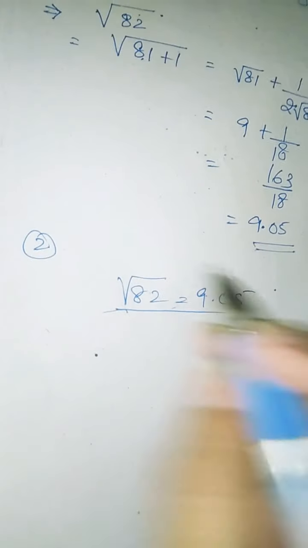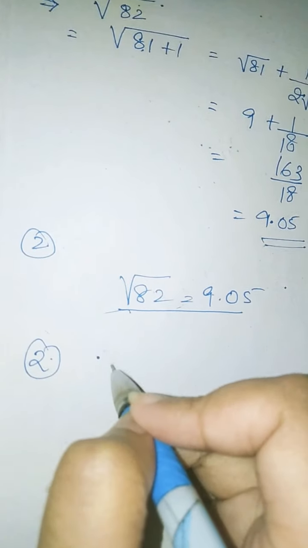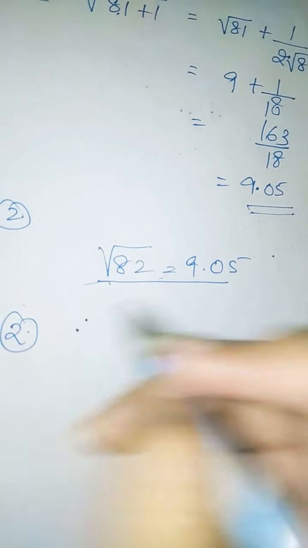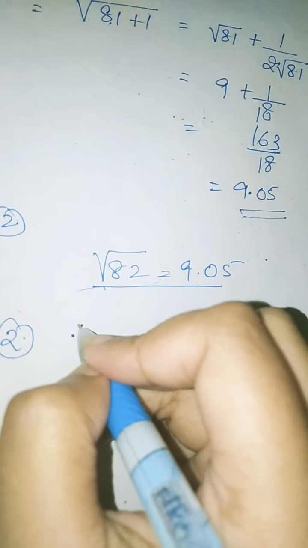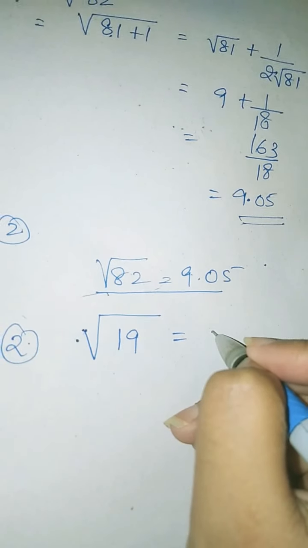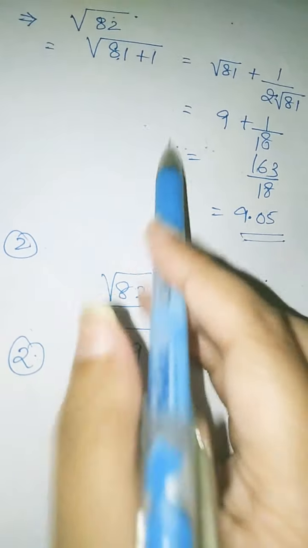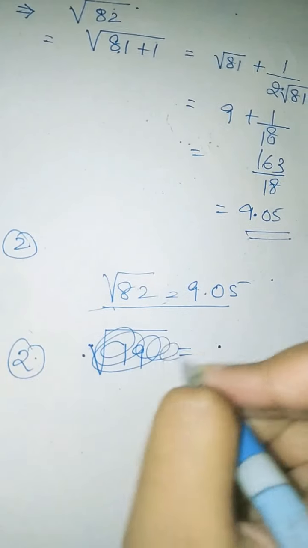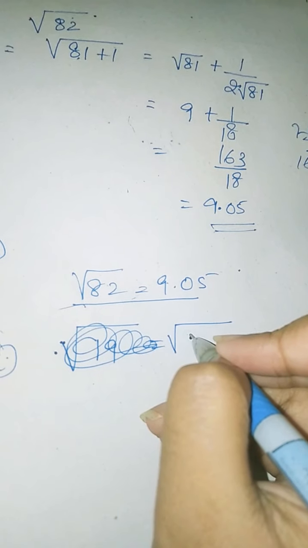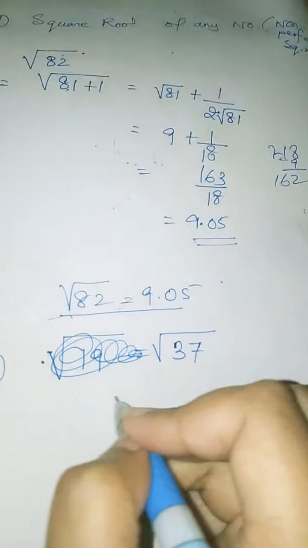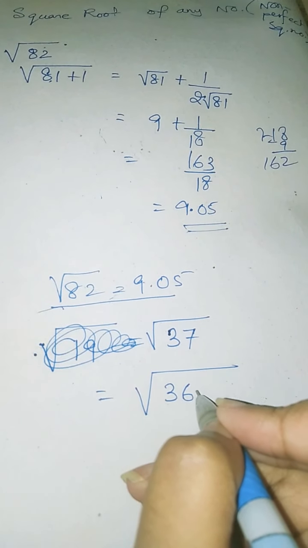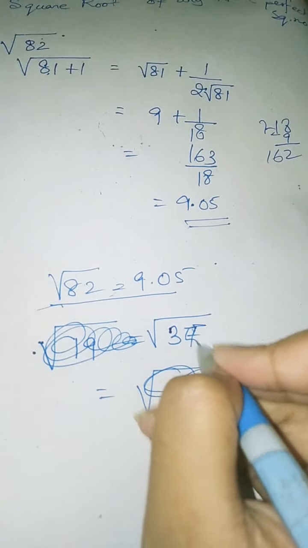So the second one, I will give one more example so that it is more clear to you, and also give the formula in a general form. So let us now find the square root of root over 19. Or just see, we have taken both plus signs, so let us take one negative sign also, like root over 37. So here we can write root over 37 as 36. Sorry, just take it as 35.